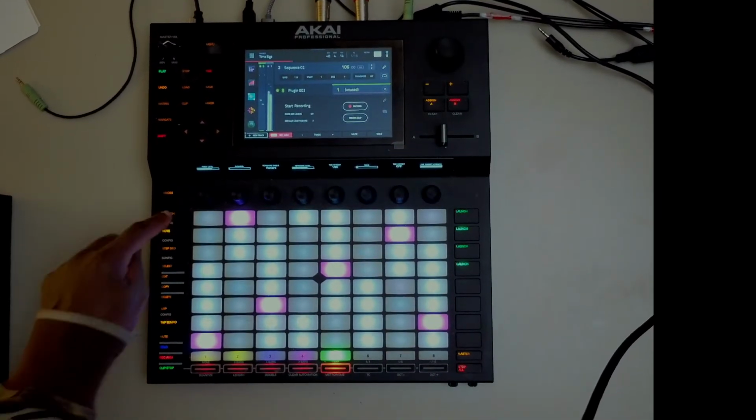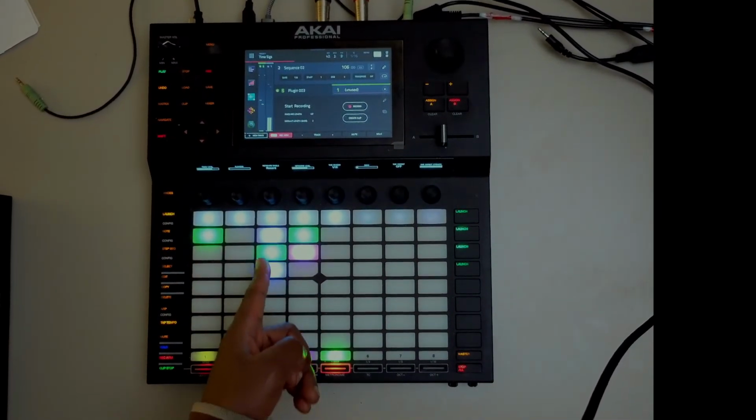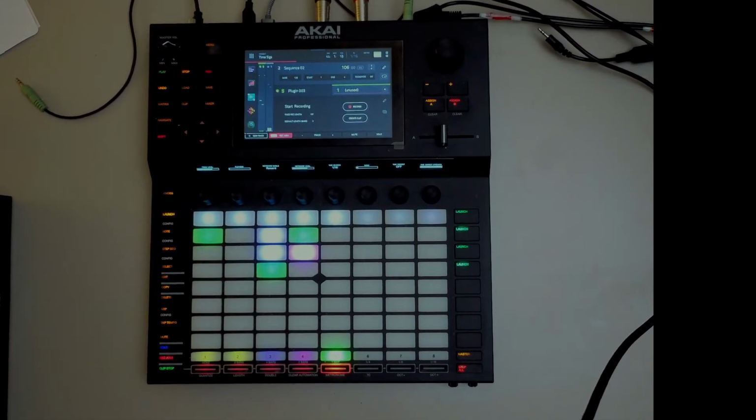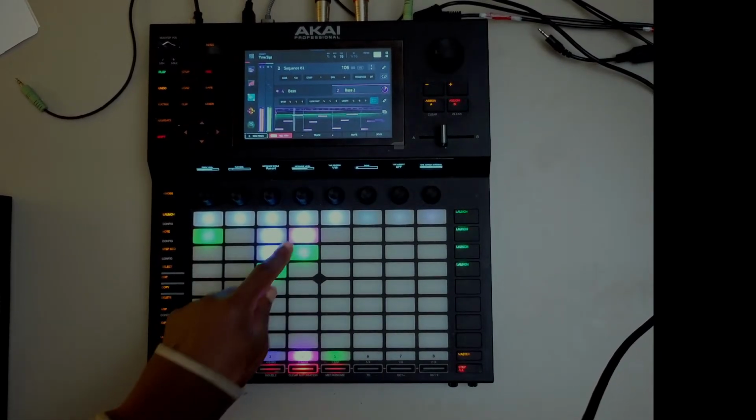But you see, just a short game, that piano is playing through that. So now I could do the same with the bass now. I could have that bass going.